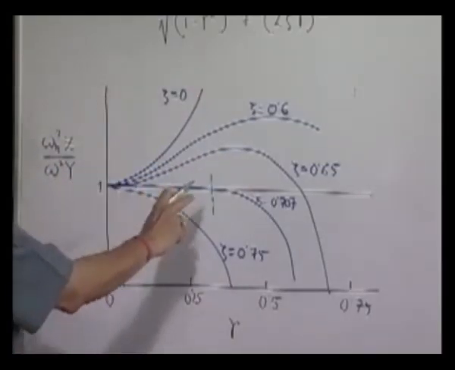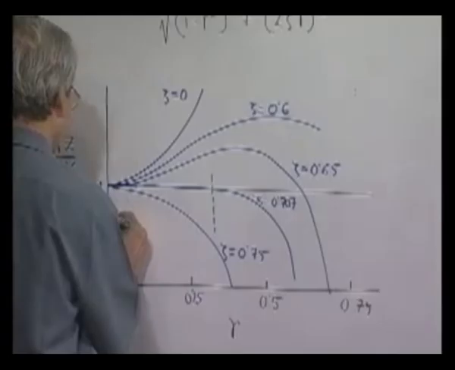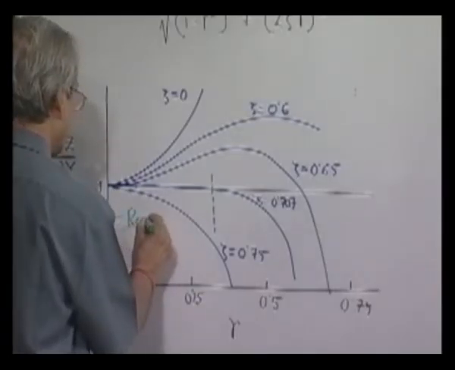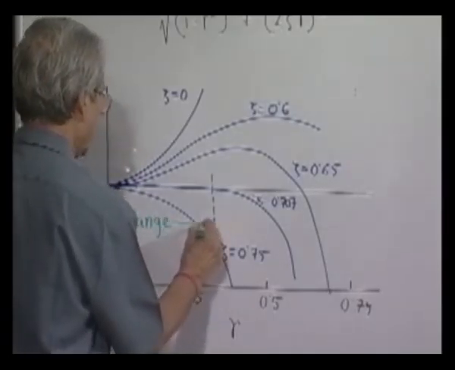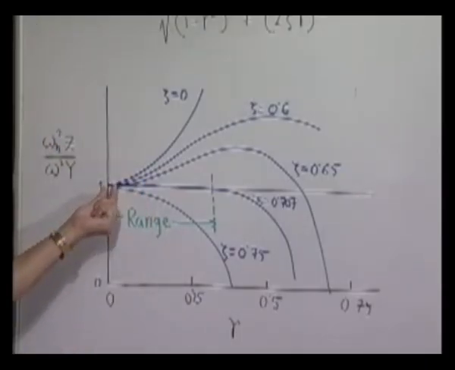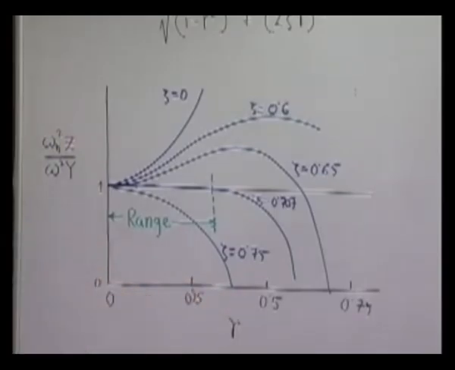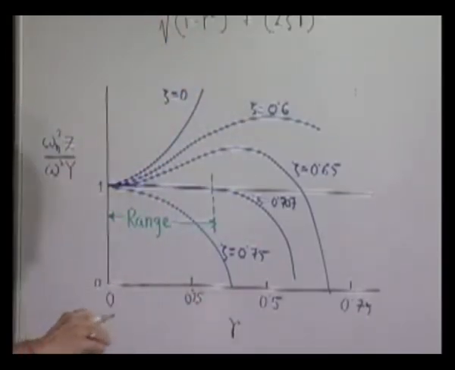So again zeta equal to 0.707 gives us the largest range of operation. Otherwise you have to operate very near this, but with 0.707 we can go to r almost 0.3 and still satisfy that very accurately. If we plot the phase,